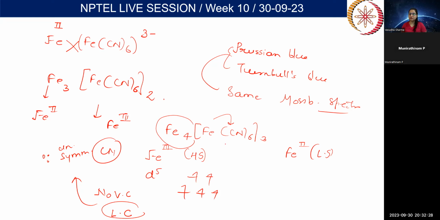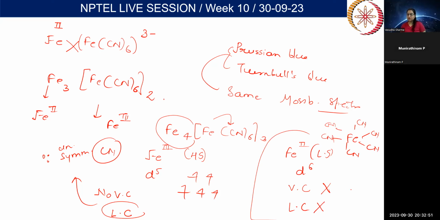And the inner one, iron 2 low spin, that's a D6 low spin. It is not going to have any valence contribution, and there won't be any lattice contribution because it is surrounded by only CN. One iron is there and CN are there, which are symmetrically bound. Also, there is no Jahn-Teller distortion. So this inner iron 2 is not going to have delta EQ. That means only one peak, and the outer iron is going to have splitting. So the spectra is going to look like